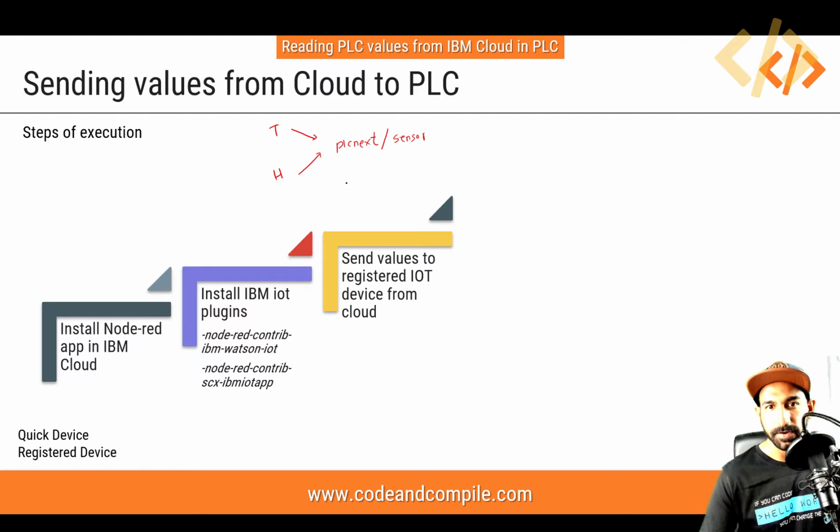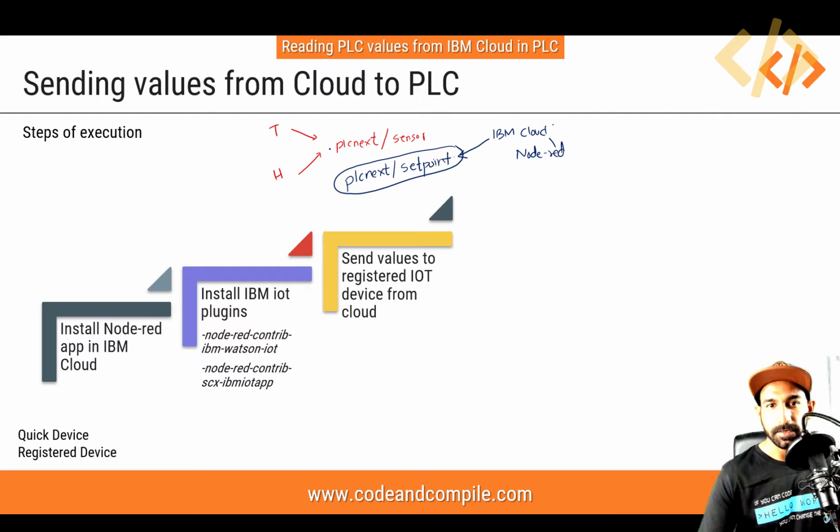In this case, I will create a new device. I will name it PLC Next, and I will write set point. This is also a device in the IBM Cloud, but here I'm just going to push the set point. The only difference is in this device, the values are coming from IBM Cloud. In the IBM Cloud, we have Node-RED, so I will push the value from Node-RED, which is in the cloud, into this IoT device.